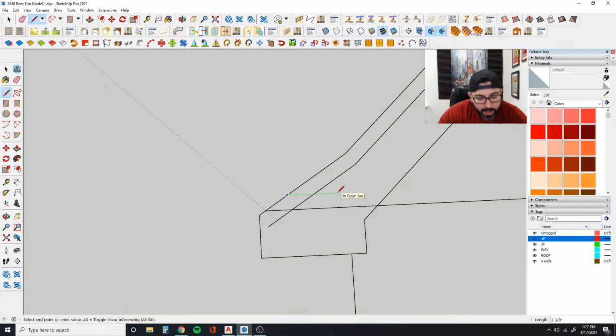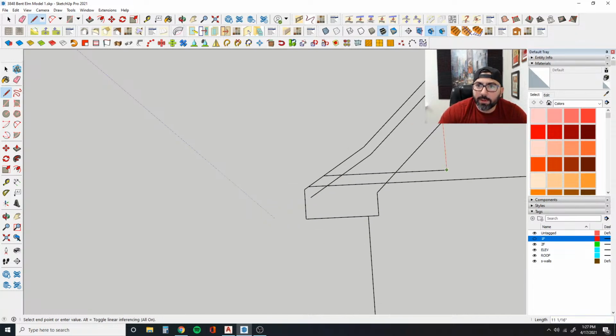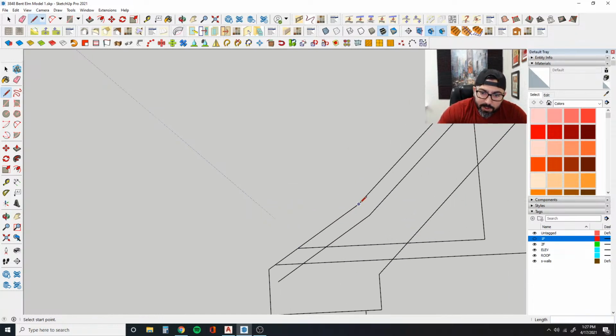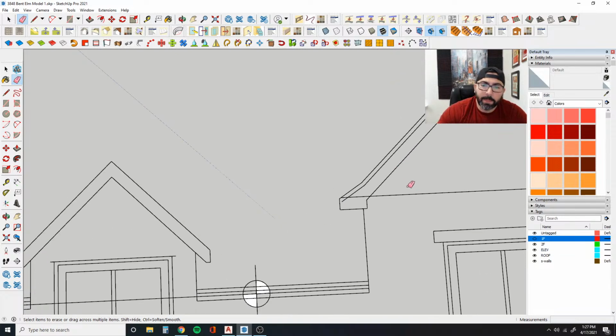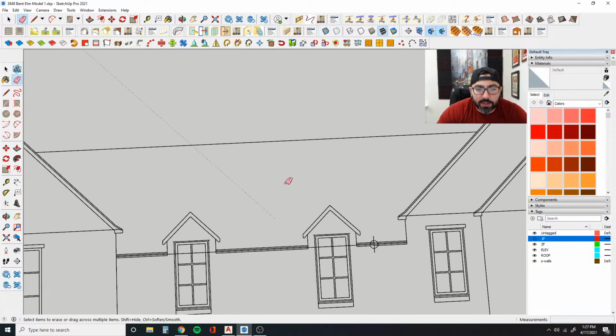To do that, let's get 12. I'm going to go up here. Now I'm going to draw a line, and I need it to continue on this angle. You can see with SketchUp, when it shows that magenta line, it lets you know it's reading off of a previous angle. So right there. Then I measure from here to there, and that says 8 by 12. So it's an 8 by 12 pitch. So we have two pitches here: an 8-12 and a 12-12. So I'm going to do something. I was going to use